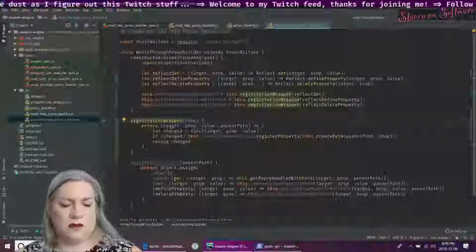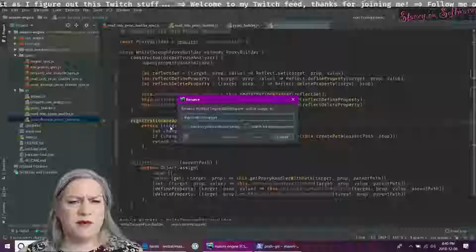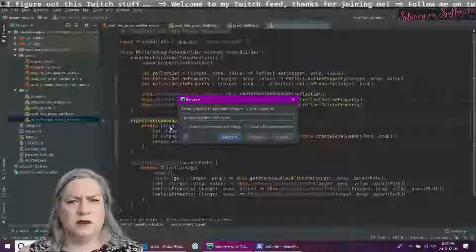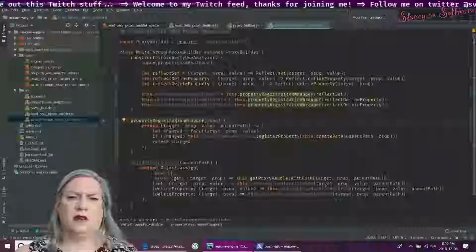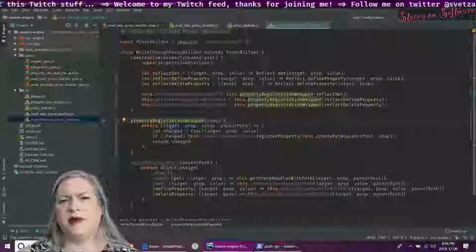Okay. Property registration wrapper. Feels a little better.